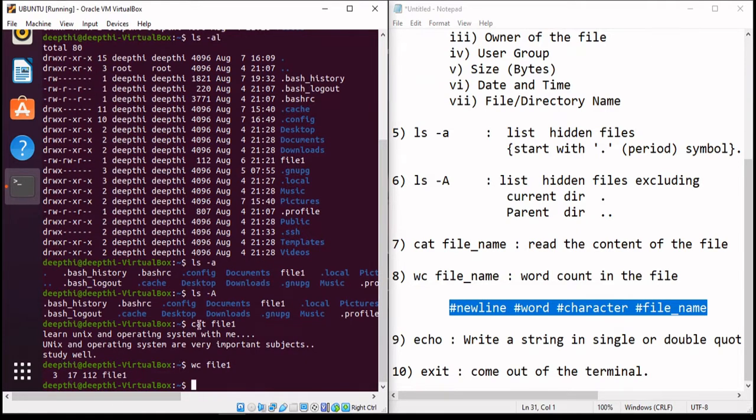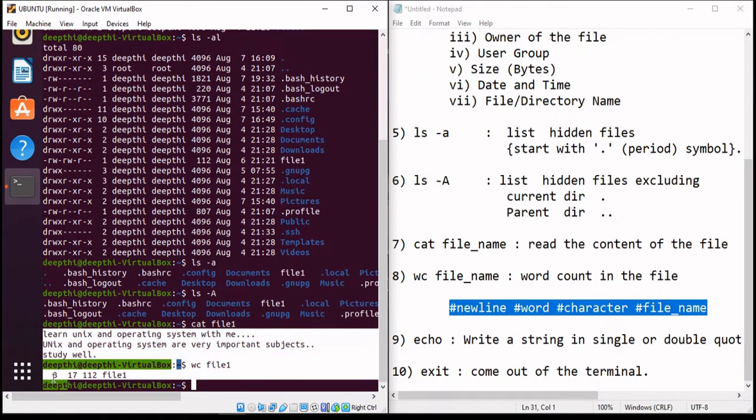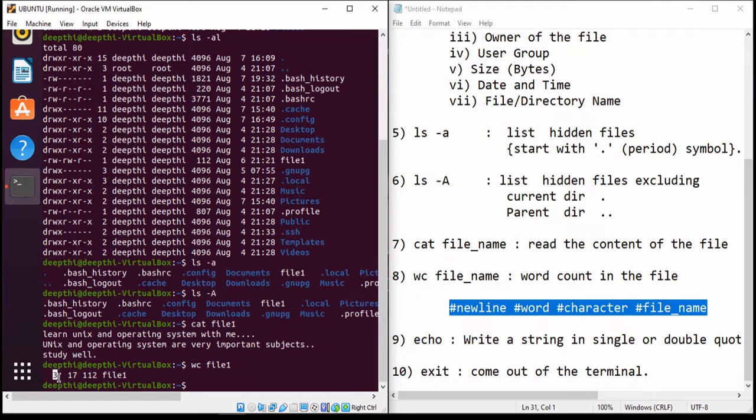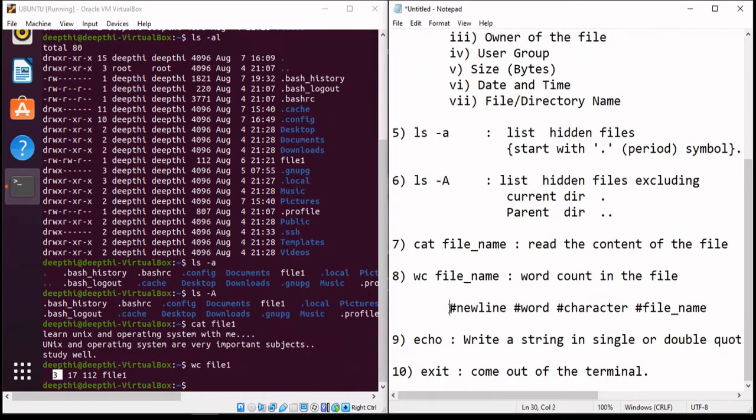So this is the content of file1, in which we have 3 new lines. So the first information is about new lines. How many new lines are we having? 1, 2 and 3, or you can say the number of rows is 3. Then the number of words. So the number of words here is a total of 70. You can count it. And this is considered as one word.